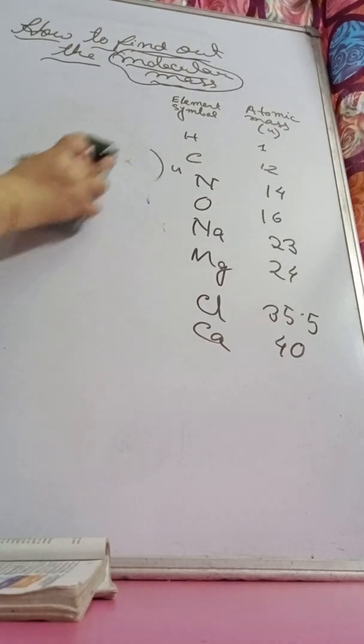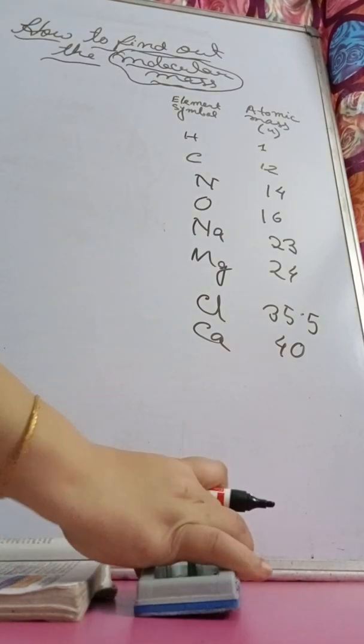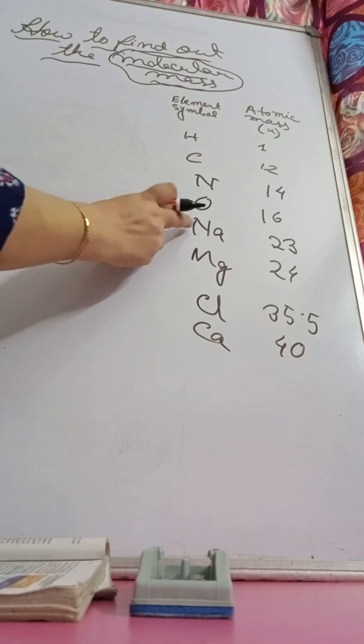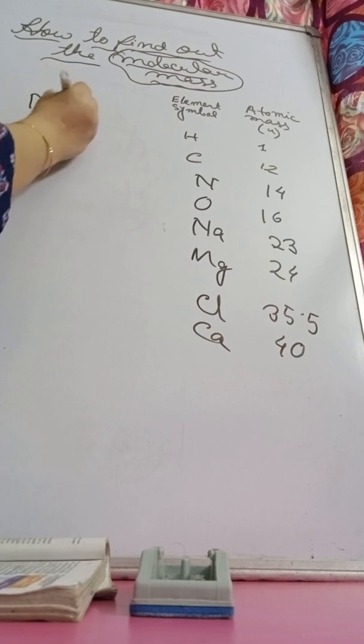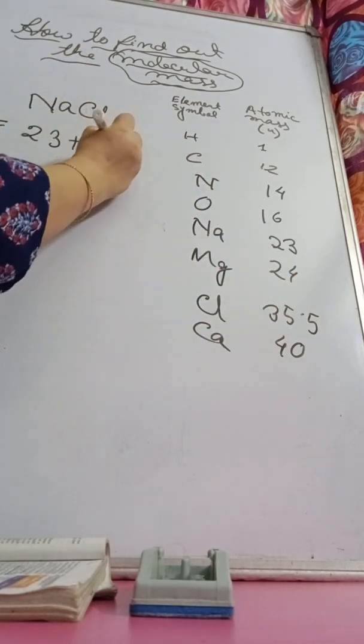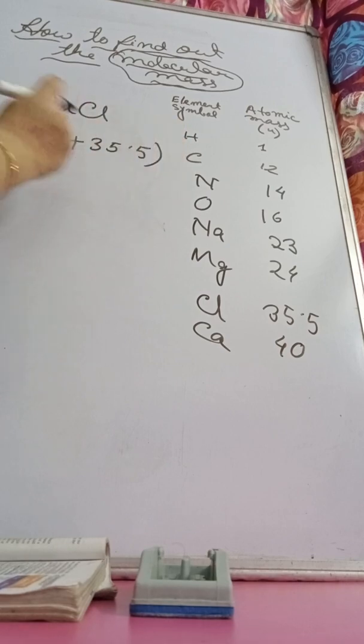It is a very simple process, but you have to remember the atomic mass of the atoms which we have already discussed in the element table. Now I am taking another example, sodium chloride. Sodium chloride formula is NaCl. Molecular mass of sodium chloride: atomic mass of sodium atom is 23 plus 1 chlorine. Chlorine atomic mass 35.5. All of you know how we have got 35.5 because it's the average atomic mass of two isotopes of chlorine, chlorine 35 and chlorine 37, which I have discussed already in another video.